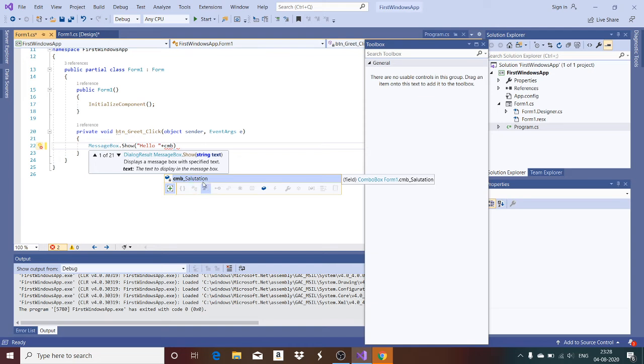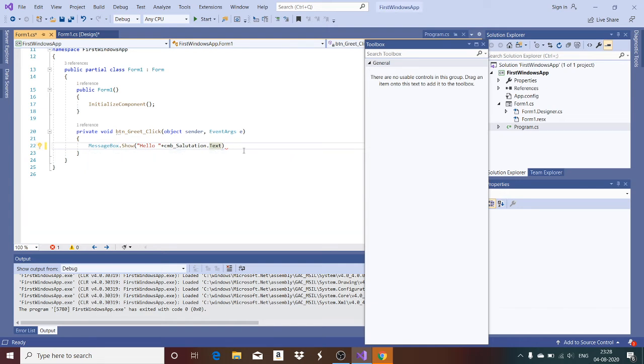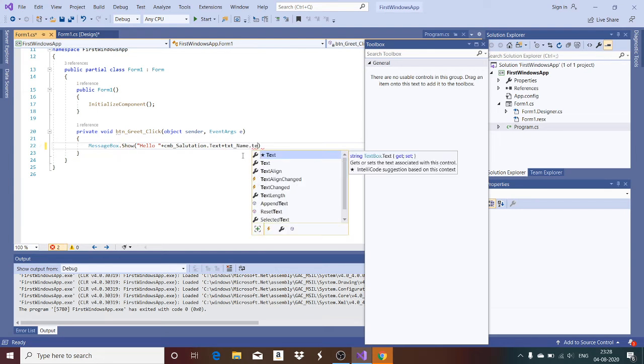So this is the name for the combo box, salutation dot text. Whatever text is available on the salutation box, that must be there. Then after that I want to add the text box, the content that is available in the text box.